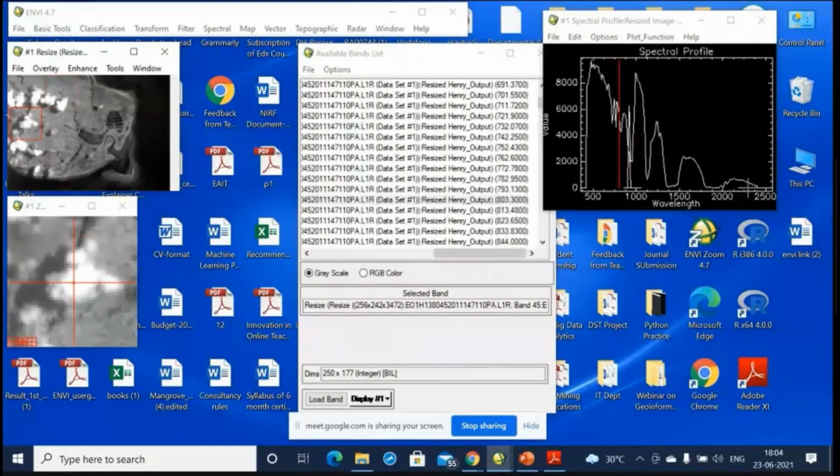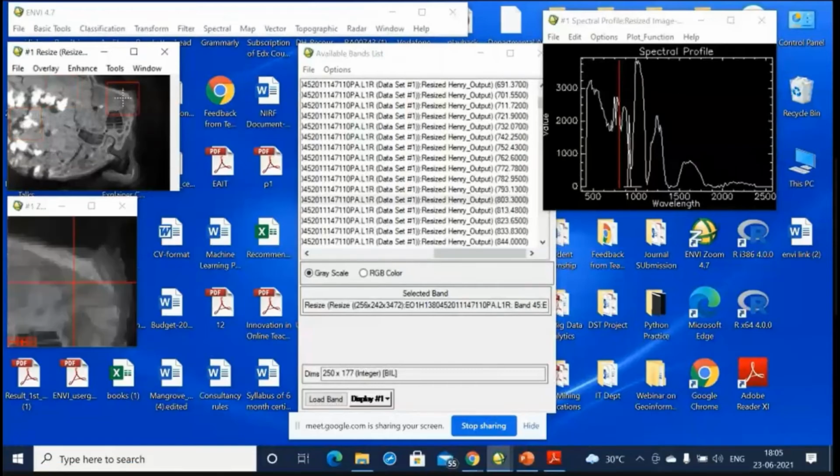Keep in mind that this is uncorrected data. You have still not corrected the data. So the uncorrected information gives you an inaccurate spectral profile. This is a forest area or a vegetation area. And when I'm seeing the spectral signature of vegetation over here, this does not represent the profile or signature of vegetation.